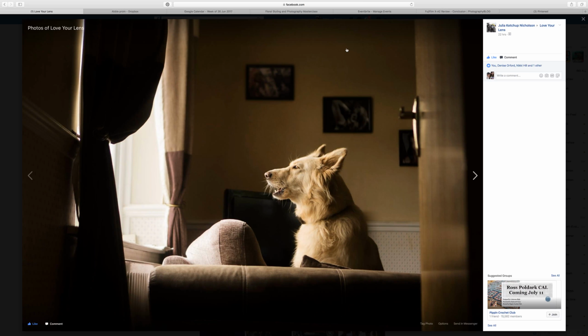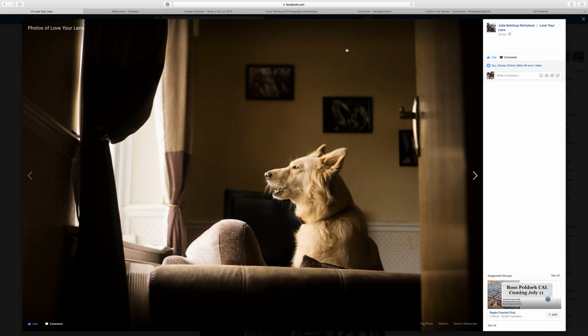And this one, I'm going to dwell on this one a little bit, by Julia Nicholson. Julia does a lot of dog photography, and I've worked with Julia on a number of occasions, helping her to improve her photography. One of the things I said to Julia a while ago: she had definitely mastered technically how to take a good picture and how to compose a good picture, but she still wanted to move forward a little bit more. One of the ways that I suggested that she could do that was to combine